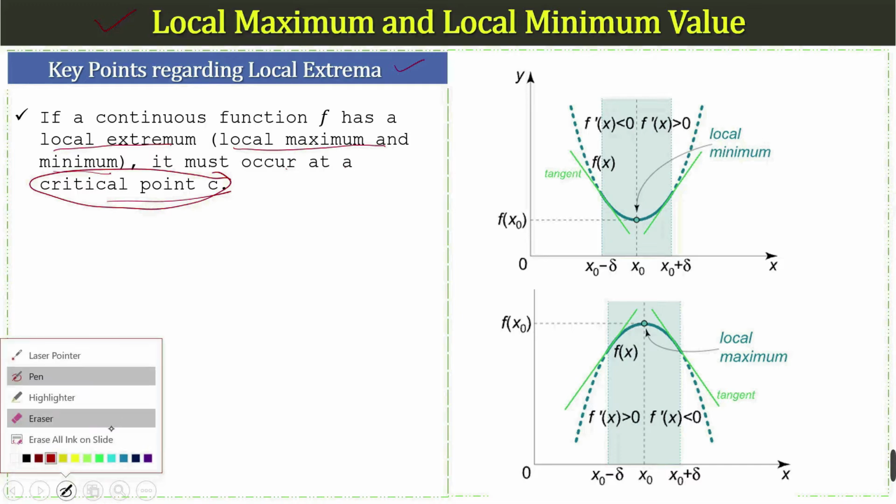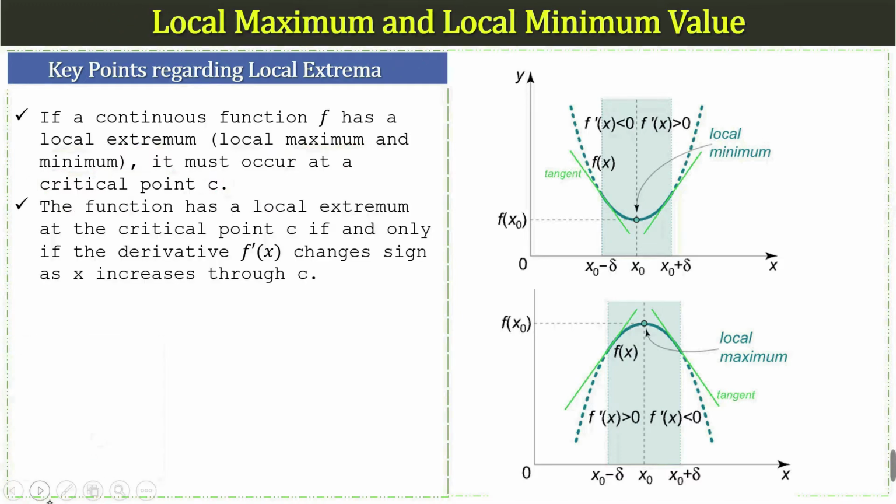Okay, so the next key point regarding the local extrema is: the function has a local extremum, meaning a local maximum or local minimum, at the critical point if and only if the derivative changes sign as x is increasing. Let's suppose we have two functions and the graphs of the functions like this one and this one. In the first case, we can see that this is the critical point of the function, and as x is increasing in this interval,